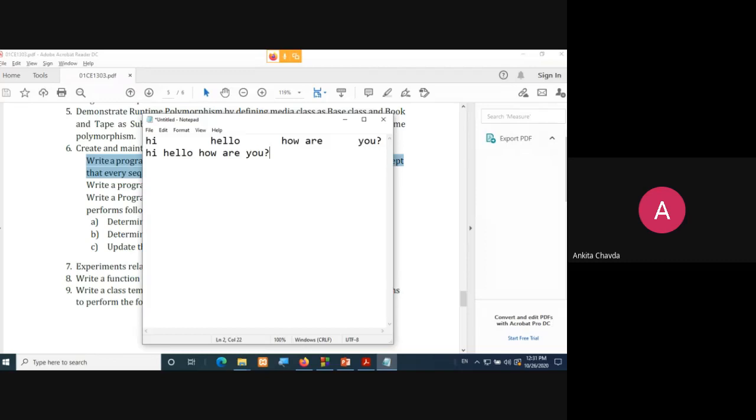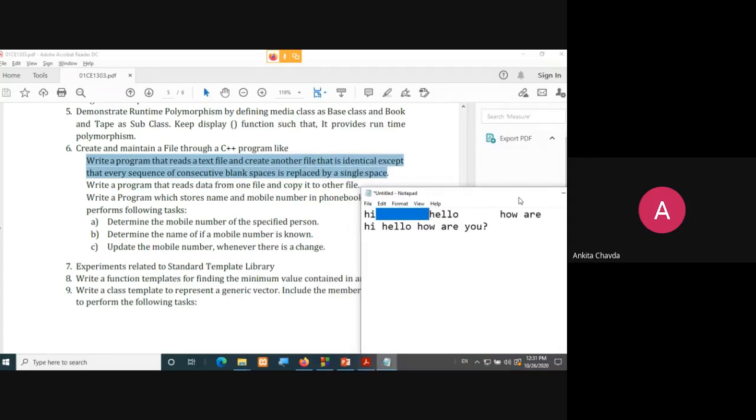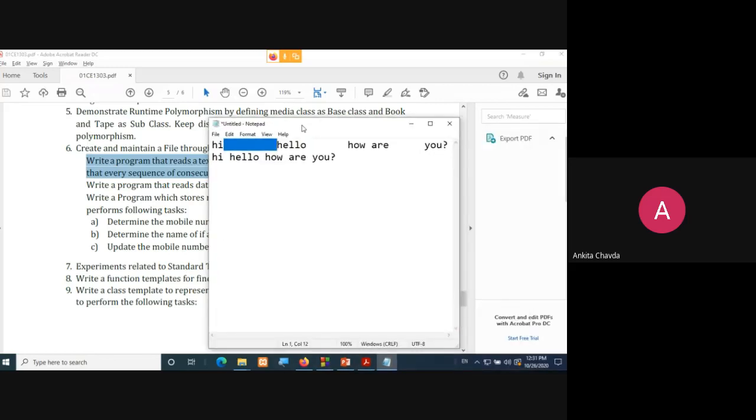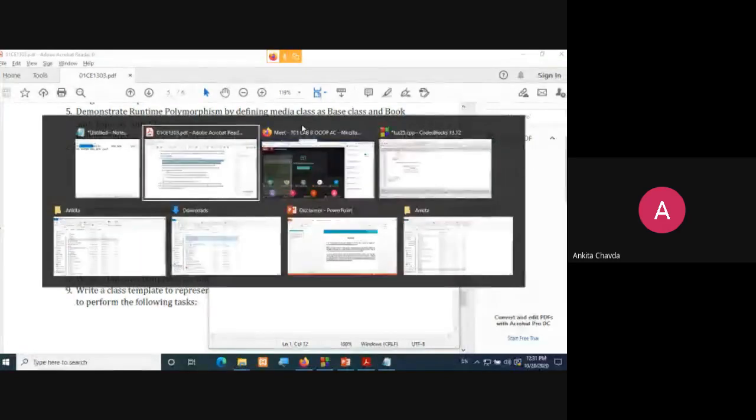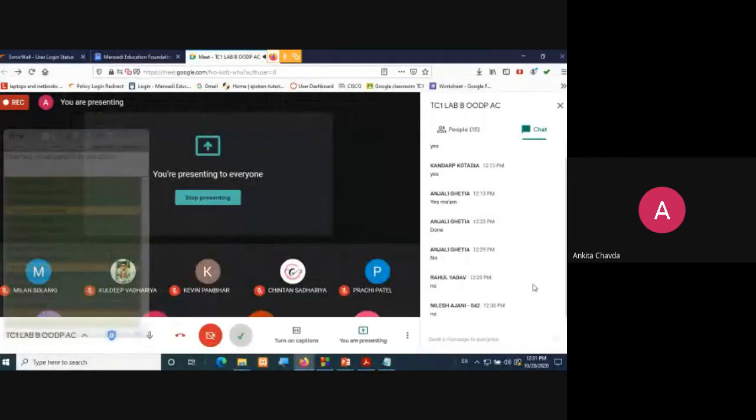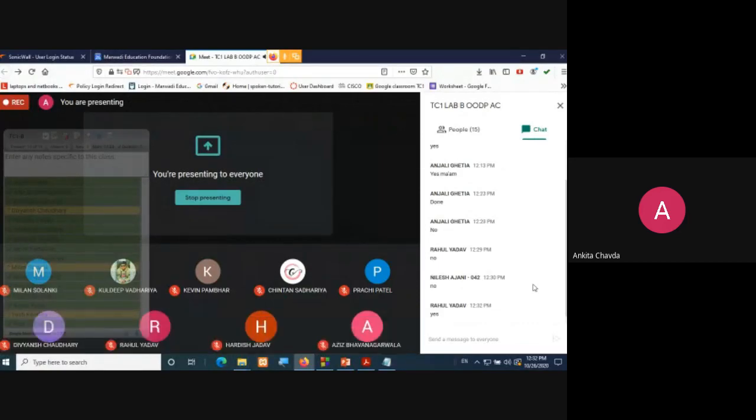I hope now you are getting the thing. If you have entered many more spaces in between two words, what you need to do is simply replace these consecutive blank spaces by a single space. You don't want this many spaces. You want only one space in between two words. That's it. Getting the things? Yes or no? Right? So how will you implement this? Any idea from your side?